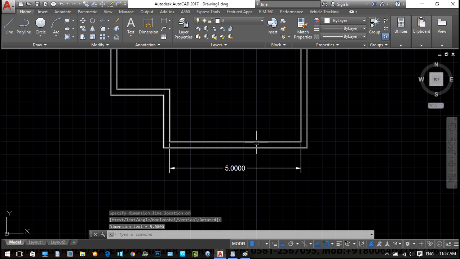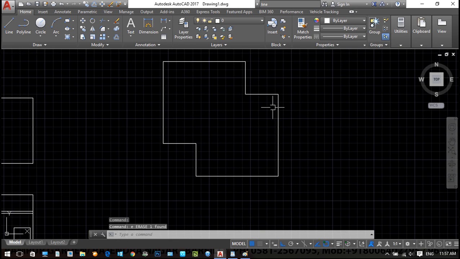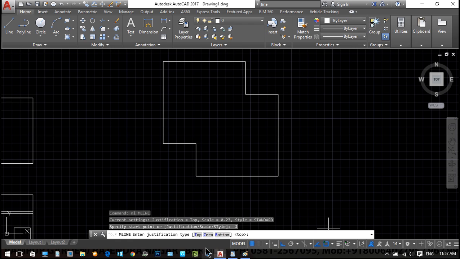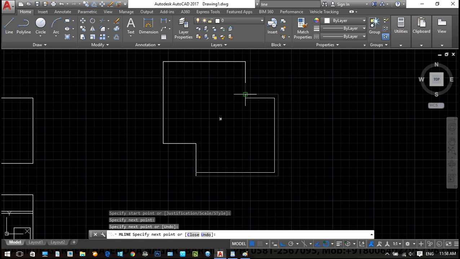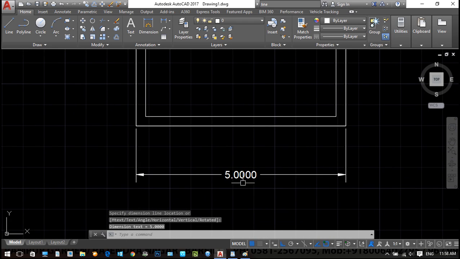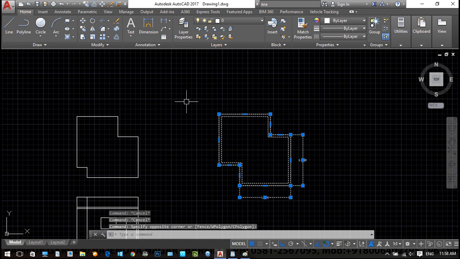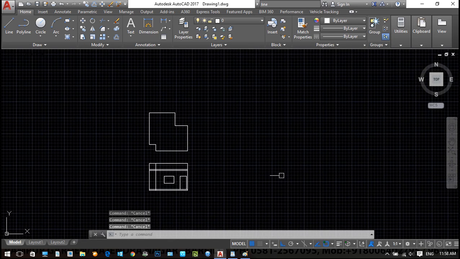Now these all are excluding this area, but my area is this and I want to create the boundary inside this. So we select ML enter, then justification, and we select bottom, so we select like this. So now this area, I'm including all the walls. Now you can select from this end to this end, the total distance is 5 meter. We create a shape like this, right? So this is the area. You can check the distance from this side to this side. Clear? So this is the condition to create multi-lines.